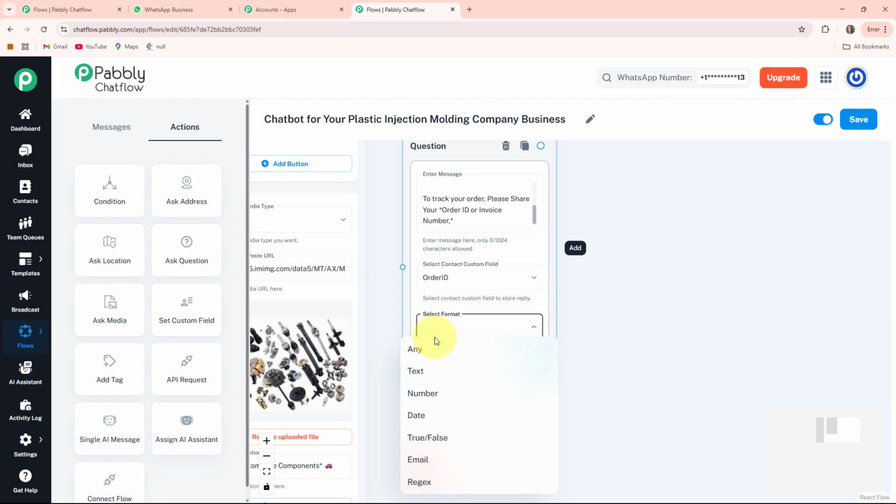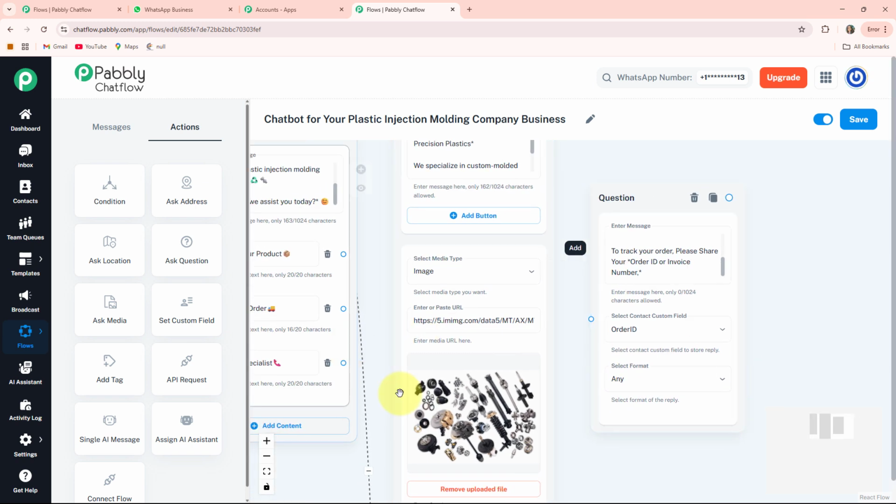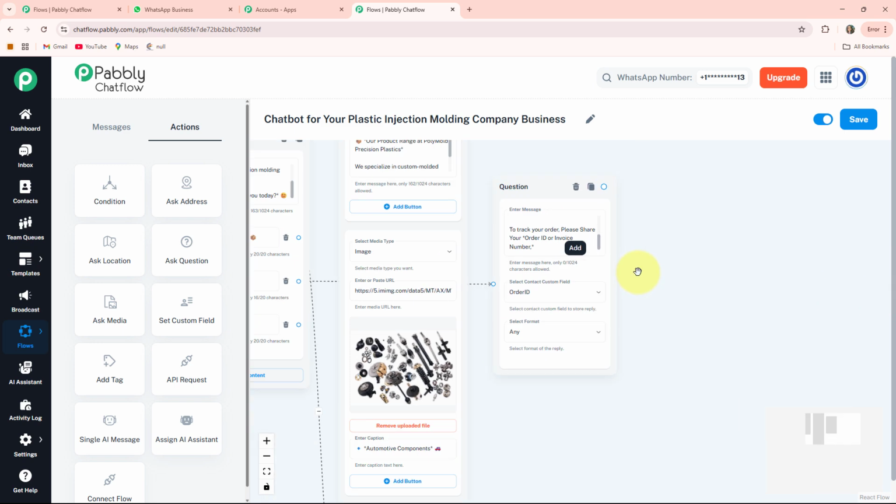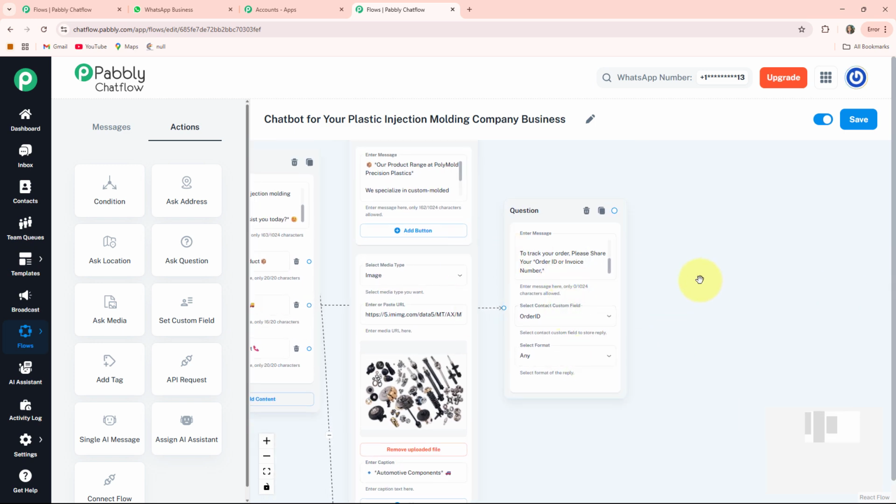The format I'll select as any. After that, I'm connecting this circle which is present in front of track my delivery to this message. Here it is connected. Now, whenever my clients provide me their order ID, then my bot will respond to